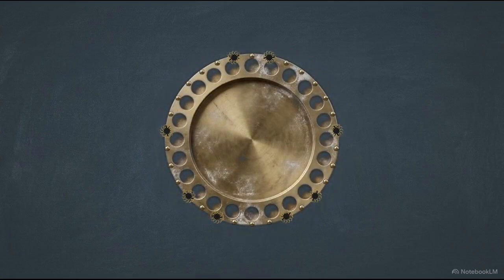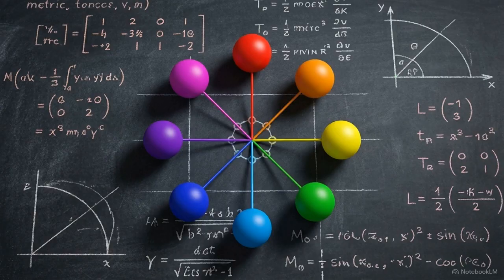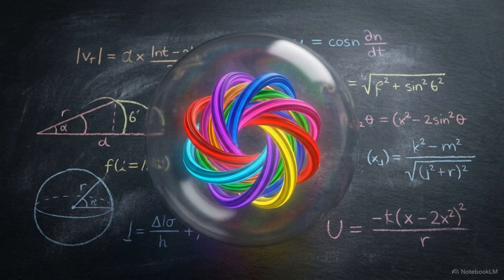The only paths that survive this interference are the 8 coprime integers, 1, 7, 11, 13, 17, 19, 23, and 29. This result is confirmed by the Euler totient function, which calculates exactly 8 surviving winding lanes for a 30-step lattice. These 8 lanes correspond precisely to the 8 generators of the SU3 gauge group, the mathematical heart of the strong force. In this model, the 8 gluons are the physical manifestation of the surviving interference lanes on a mod 30